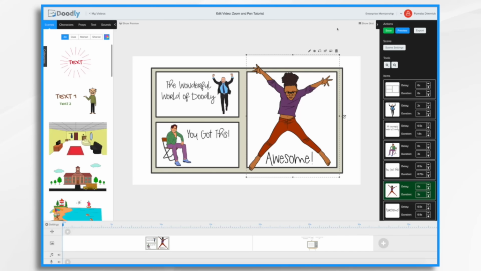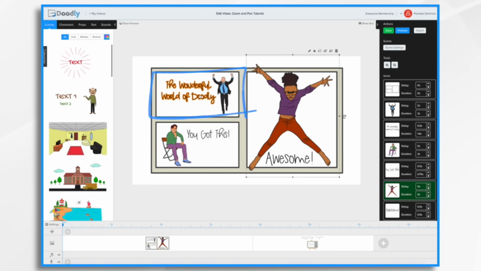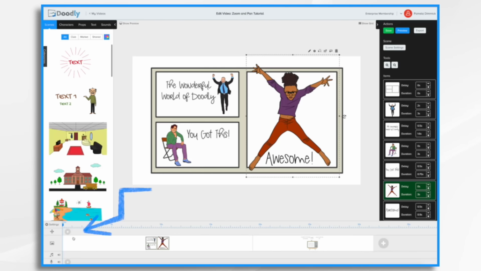I've already created a simple scene that I'd like to animate with some camera movements. So we'll start full screen, we'll zoom in here, pan down here, and then finally zoom out to full screen once again. So to do that, you're going to go down into your timeline and find the zoom and pan section. Click the plus button, and you'll notice a little FX section appears. Now, you can adjust the duration of the camera movement by stretching it or shrinking it. In this case, I think probably about 4 seconds might be good. We'll find out